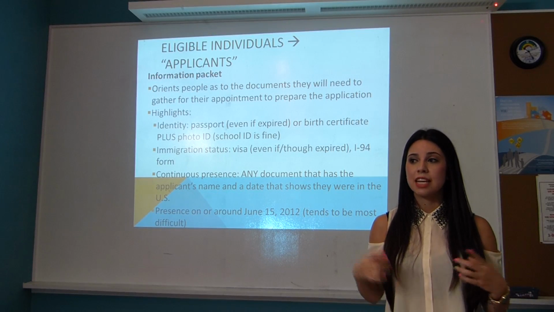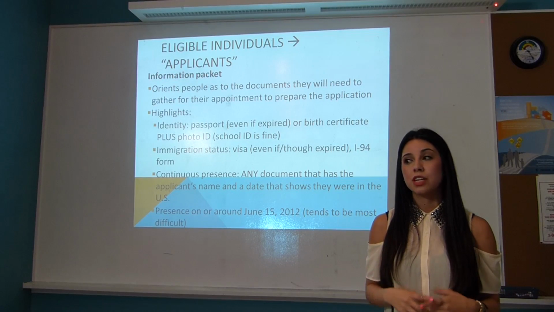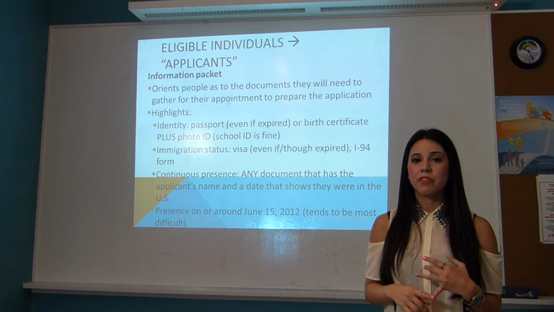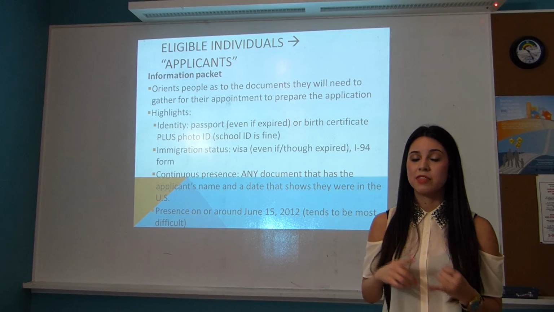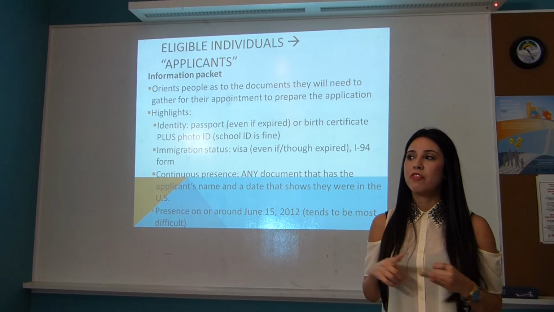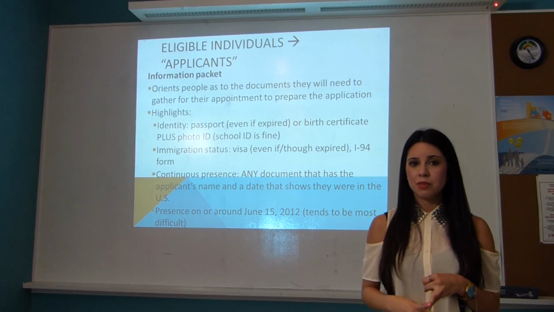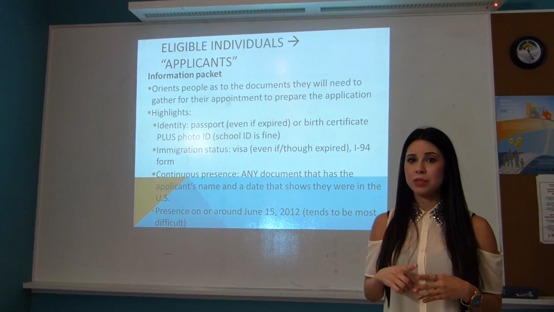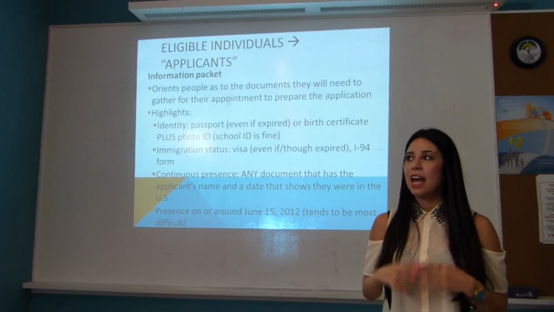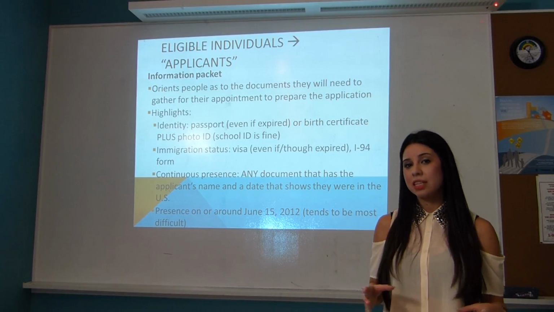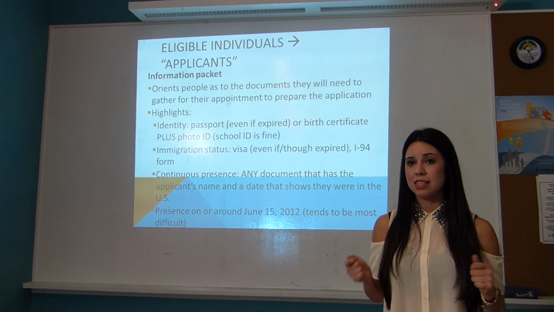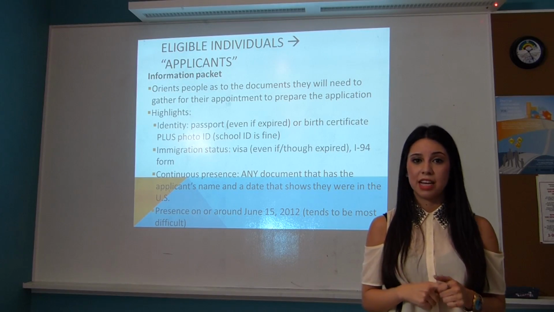We usually ask people to take their school transcripts if they're enrolled in a school, or if they were ever enrolled in a school. The school needs to have their records, and we just advise them to get their school transcripts. If they have any other letter that was sent home, any medical bills, any receipts, anything at all that has the applicant's name and a date on it from at least June 15, 2007 until the current date that they're applying for DACA.